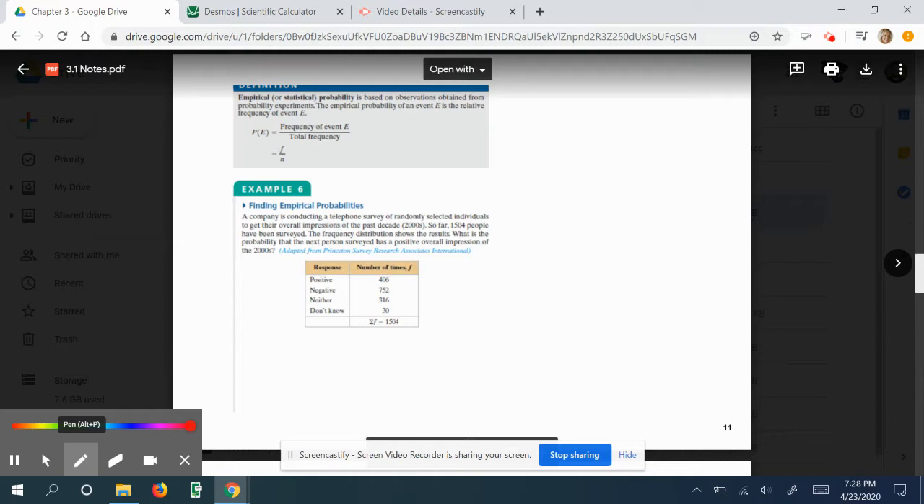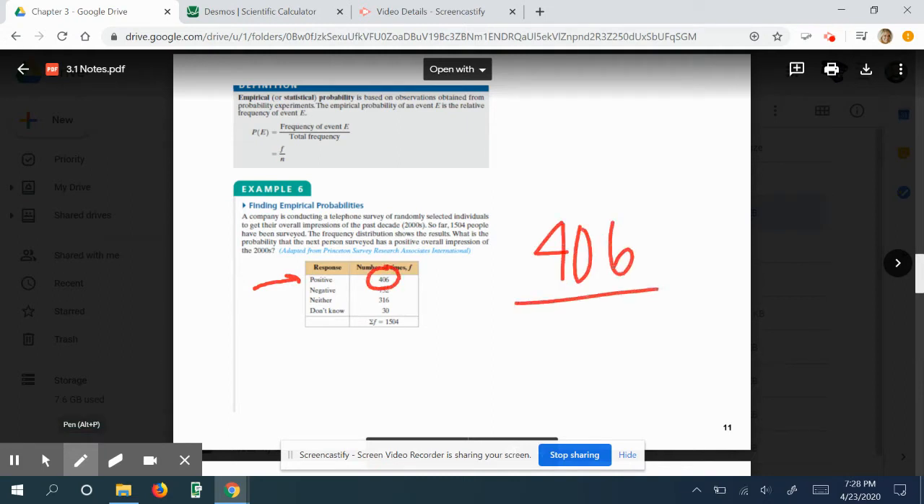It says a company is conducting a telephone survey of randomly selected individuals to get their overall impression of the past decade. So far, 1,504 people have been surveyed. The frequency distribution shows the results. What is the probability that the next person surveyed has a positive overall impression of the 2000s? Okay, so we're looking at positive. So that would be 406 divided by the total number of respondents, which is